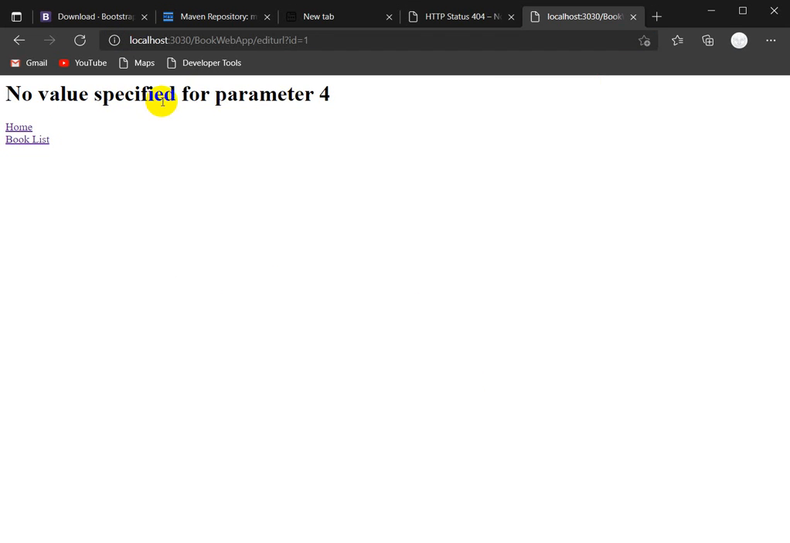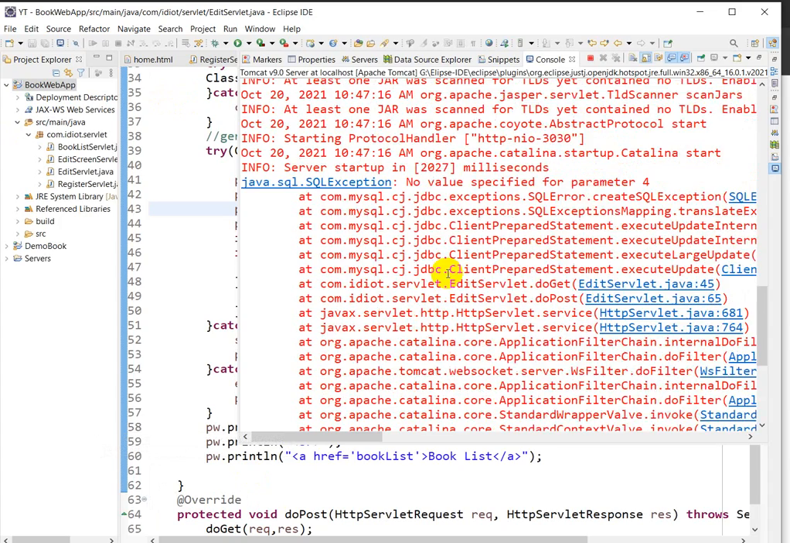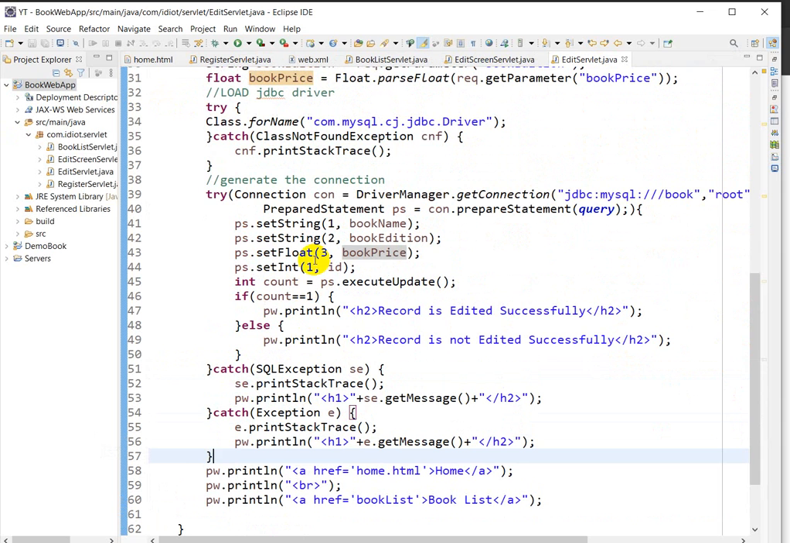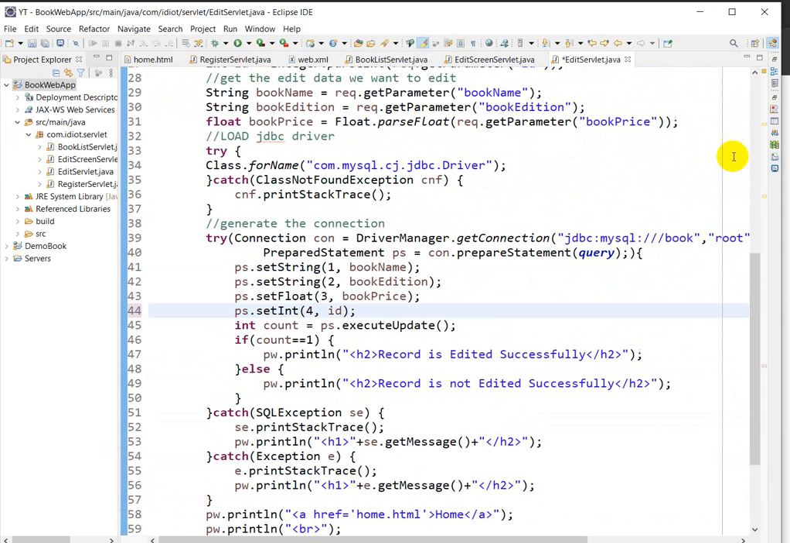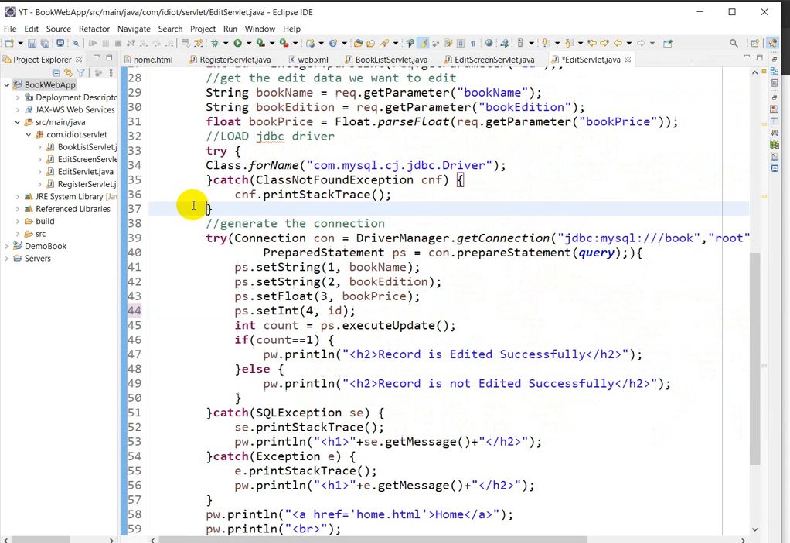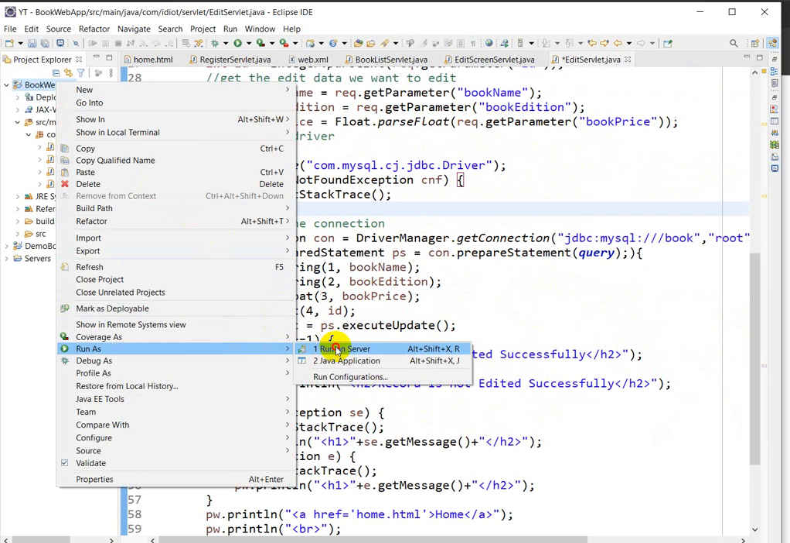No value specified for parameter 4. For parameter 4 I didn't provide a value. Yeah, this is an error we are getting. At the place of 4 I provided 1. Sorry for this. Let's close this, then right click, run as, run on server,